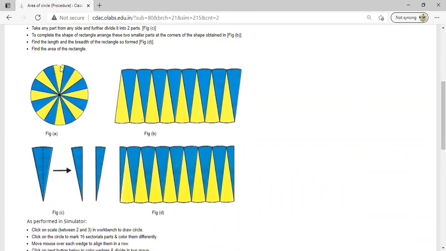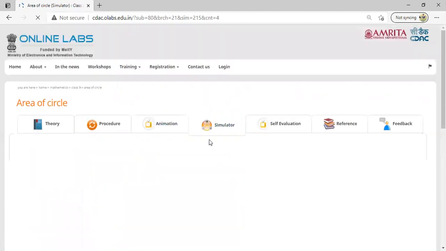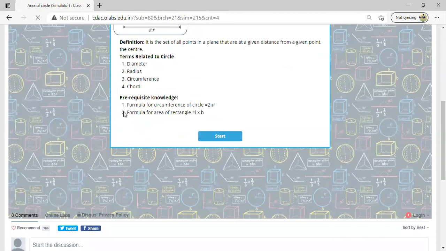You will make two circles, one as it is, another circle cut into two parts, and like this you will make one rectangle. And above you will write 2 pi r, here you will write r, and then after this procedure you will go to the animation, the simulation procedure. Then from this simulation you can